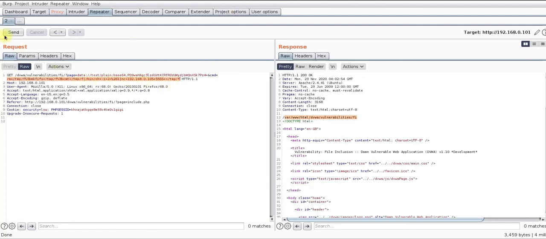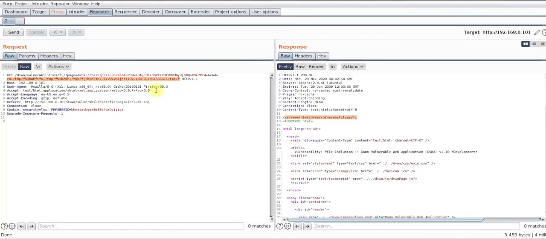Before I send this payload to the server, I must start the listener, and I'll use the netcat utility: -l for listen, v for verbose, and p for port, and then I'll use 555 because that is my listening port. As you can see, everything is ready. We just need to send this payload to the server so that we can receive the reverse shell.